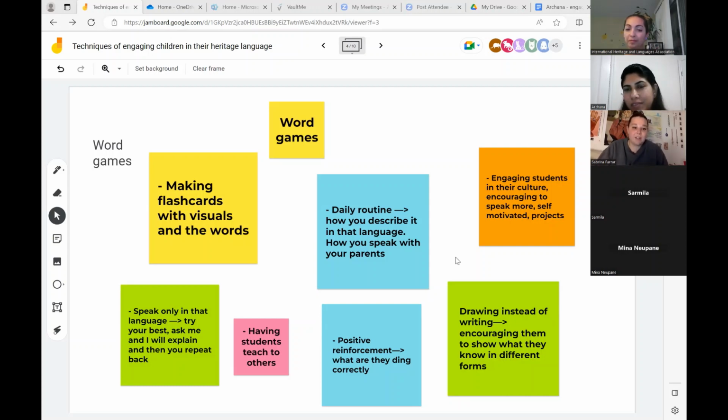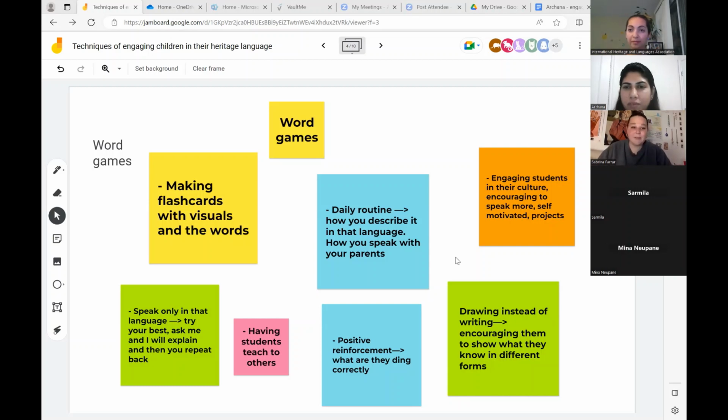Also, another strategy is having students teach to one another. So once you have taken the time to teach them what you want them to understand, seeing if they can relay that to somebody else who maybe is learning, or just to see how the teaching aspect goes, because it's a different type of process. You'll have to explain that in a different way than just saying that word. Maybe they don't fully understand what you're trying to say, so you have to take it to another level and articulate more what you're trying to say to them.